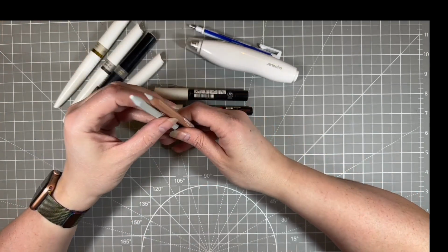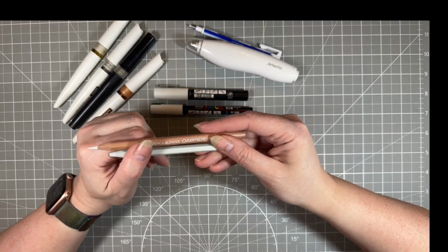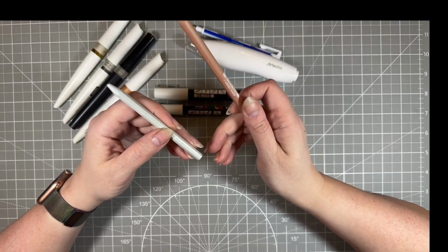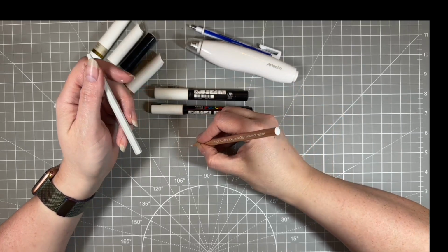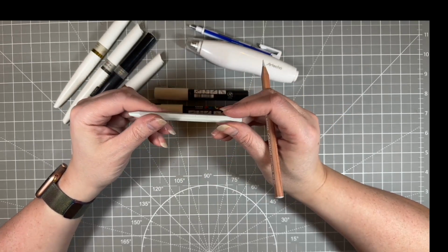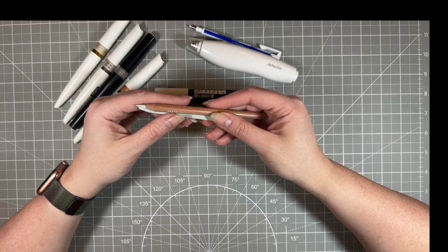And my final, most favourite, well-used item in 2022 are most definitely my Caran d'Ache blenders, the whole one and the wood one. This is how I usually use them. I have the wood one sharpened so you can do little things quite easily, and I leave the other one fairly blunt for backgrounds and big spaces. These work well with most colour pencil brands to blend or flatten,